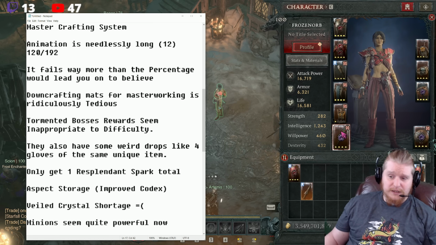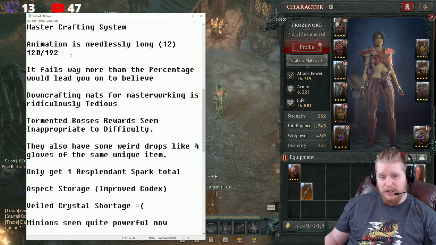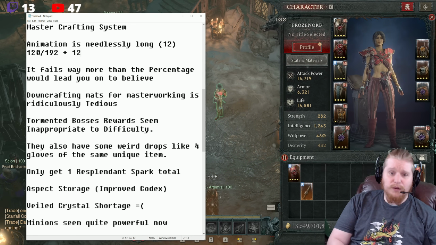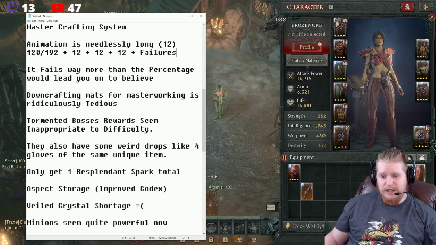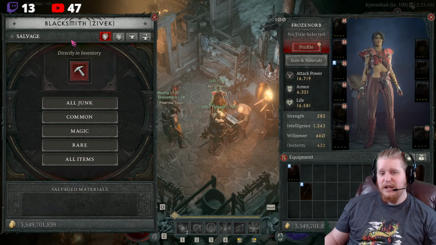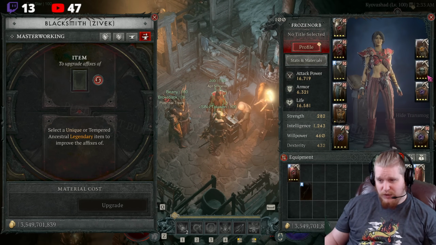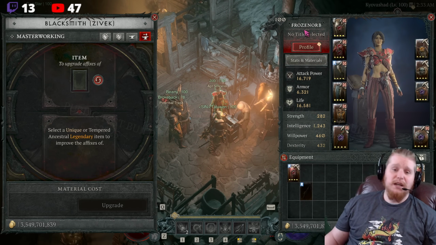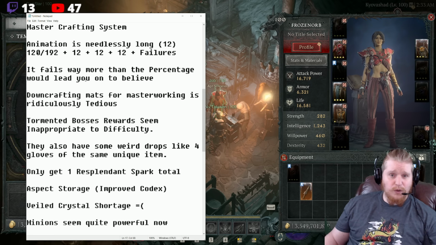And then on top of this, that doesn't include replacing equipment. So once you start replacing equipment, now you've got another 12, another 12, another 12, plus failures. And it's just going to constantly stack up to the point where it just seems like a huge unnecessary waste of time. Just the sheer number of times that you need to upgrade each piece of equipment, combined with the failures, combined with new pieces of equipment, combined with tempering those pieces of equipment, which is another whole thing,